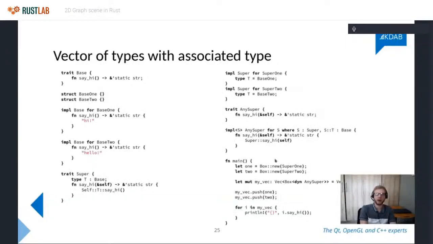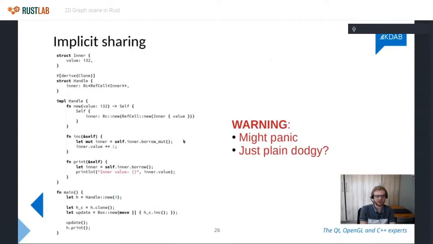The reason it needs to be pointers is because all of these things have different sizes. There's no constraint that all AnySupers need to be the same size. It completely depends on the size of the internal struct here. So that's why you do need to have a Box, which in Rust is basically just heap allocated memory, which basically is just a pointer. So this is a vector of pointers, and this is how you keep a list of these things.